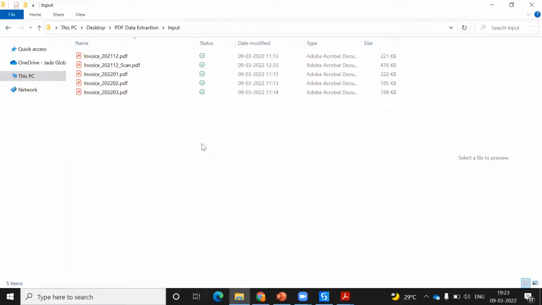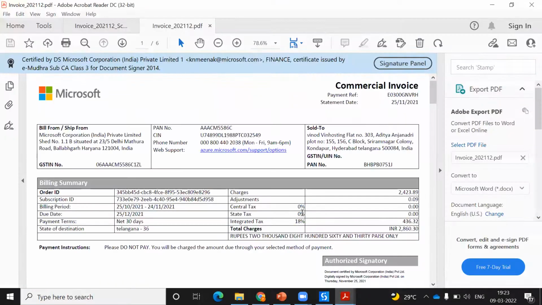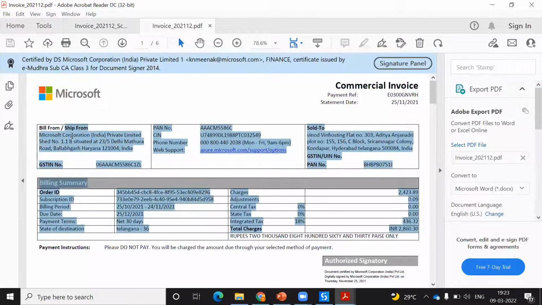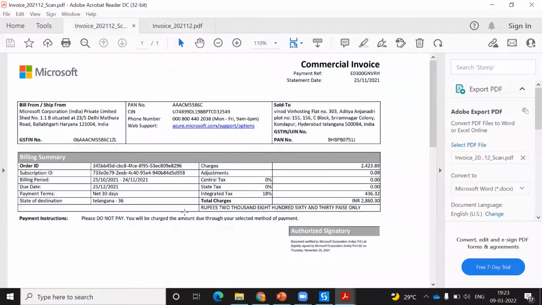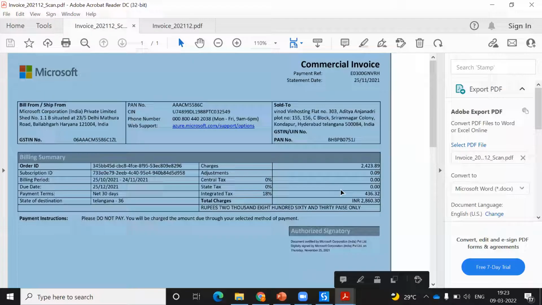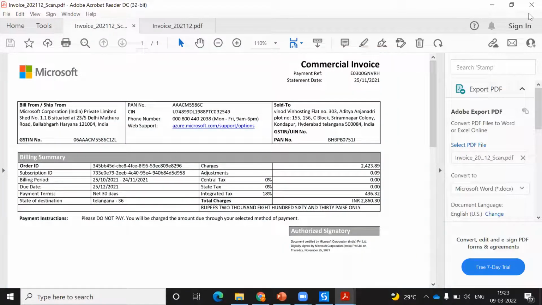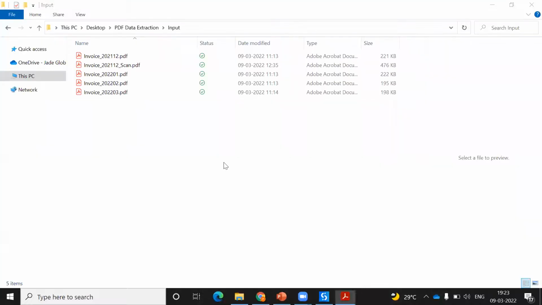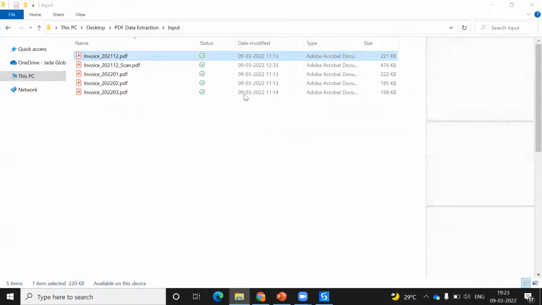So let us see our input. These are the documents which I have taken, and in that, this is the digital PDF. See, I can select the text over here, and this is the scanned PDF. I am not able to select any text, so it is completely an image. Now the use case which we are going to see is, here we have the input, and if I open one invoice,